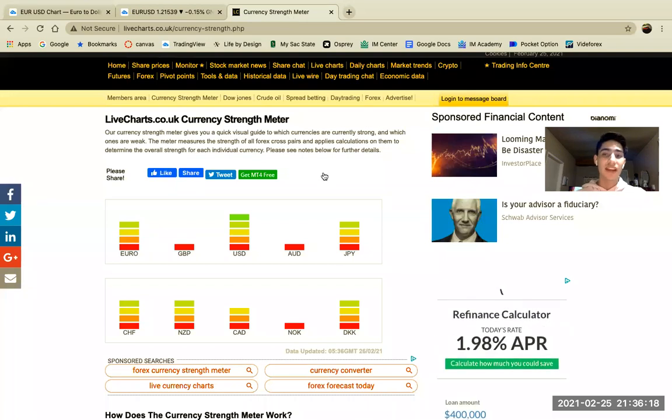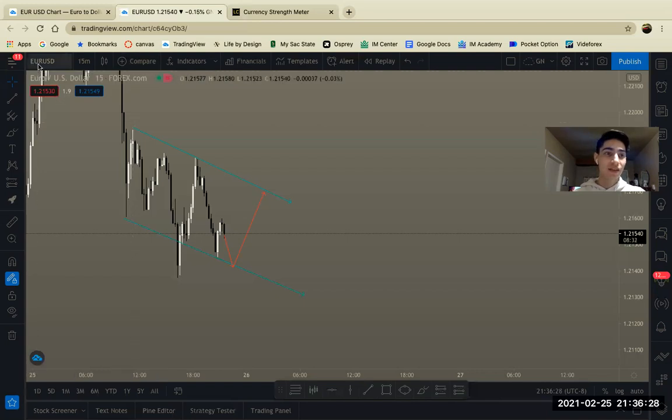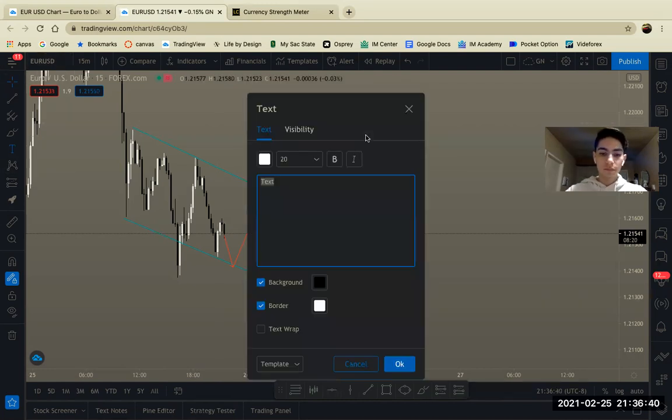And what does this entire website just show? Euro is less strong than the US dollar. So that means the US dollar is stronger, Euro is weaker. And since this is Euro USD, this moves in parallel with the Euro currency and basically against the dollar. So whenever the dollar is moving up, let me write this down. When USD